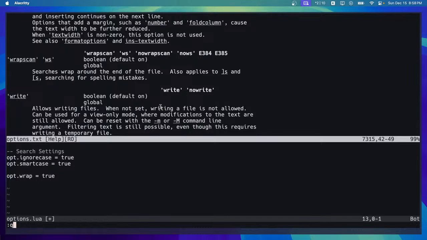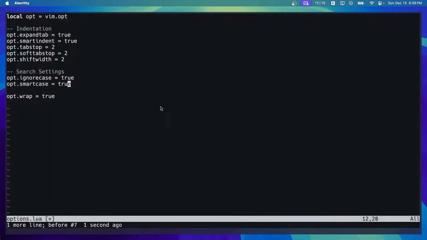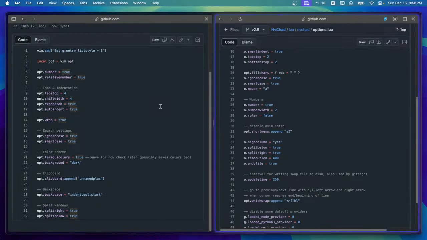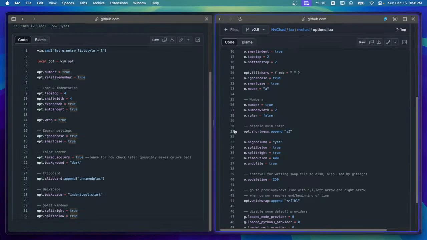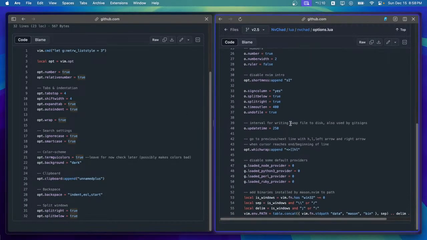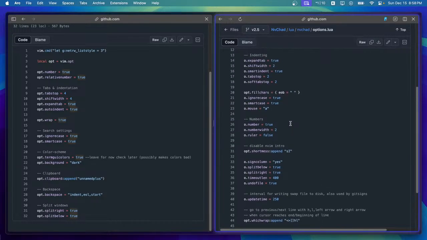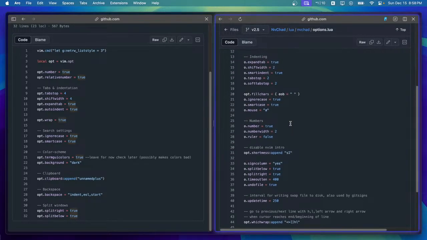I'm guessing that's line wrapping. Numbers. Clipboard,